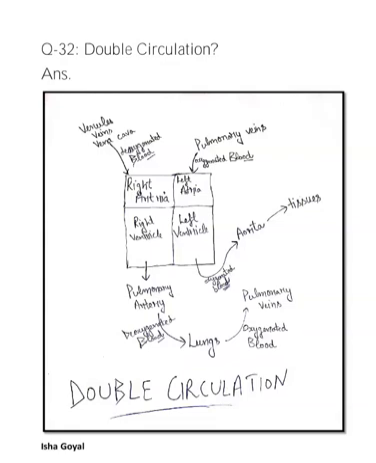The oxygenated blood entering the aorta is carried by a network of arteries, arterioles and capillaries to the tissues, from where the deoxygenated blood is collected by a system of venules. Here we have to remember one thing. Generally, veins carry deoxygenated blood and arteries carry oxygenated blood. But here we can see that from the right ventricle, the pulmonary artery carries the deoxygenated blood to the lungs, and the pulmonary veins carry the oxygenated blood from the lungs to the left atrium.